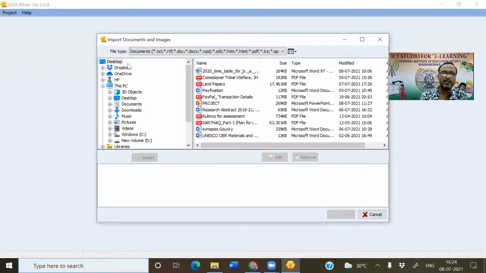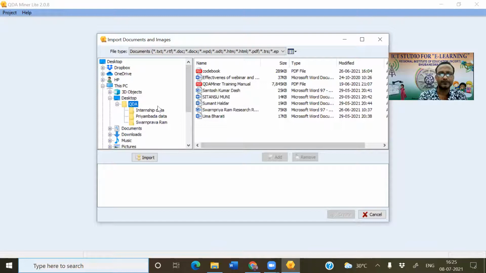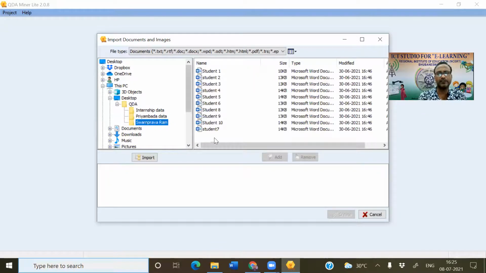Let us see, where is my data? My data is not Excel data, this is a Word file, and my data is available on the desktop. Let me see where it is. So here my data is available. This is the data.